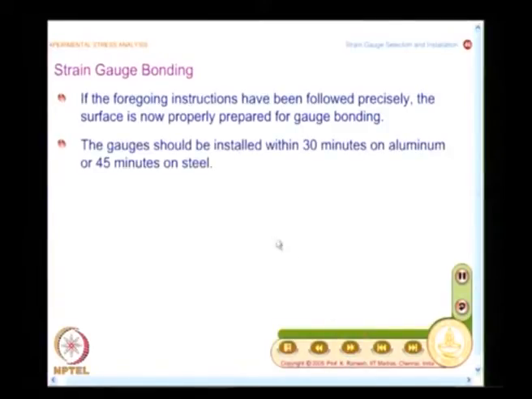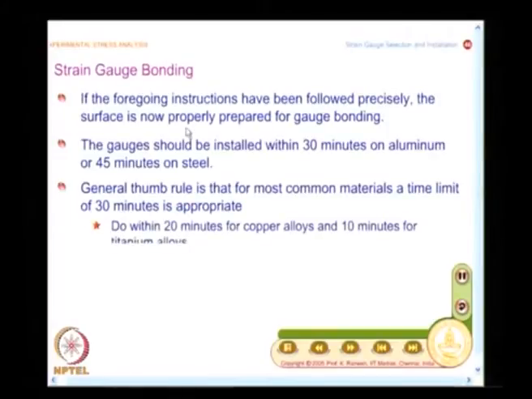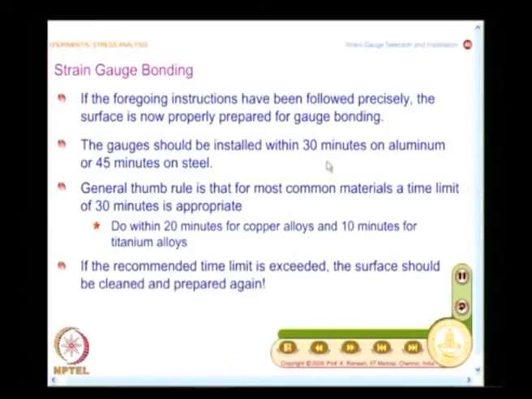What is mentioned here is, if the foregoing instructions have been followed precisely, the surface is now properly prepared for gauge bonding. And what is the recommendation? Look at this very carefully. The gauges should be installed within 30 minutes on aluminum or 45 minutes on steel.